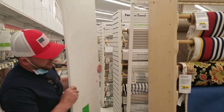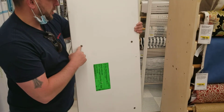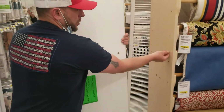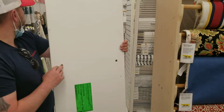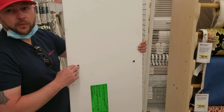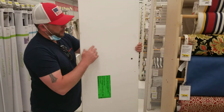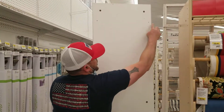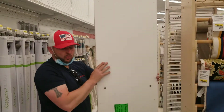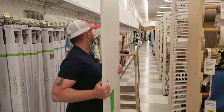Normally, you could see on the back side of these, there's thread that is manufactured in. You could see one of the old bolts right here. Those are the way these are supposed to be installed, but over time, the bolts got lost or whatever, and the contractors are just setting these with drywall screws. This is how that one was installed. But anywho,